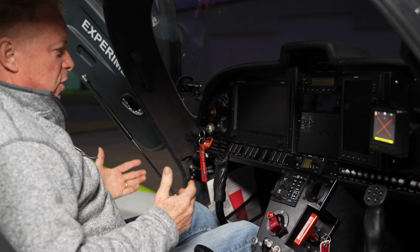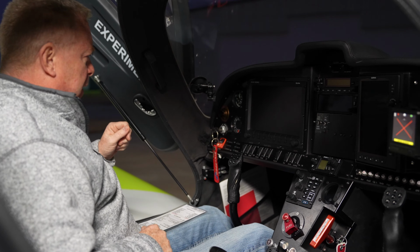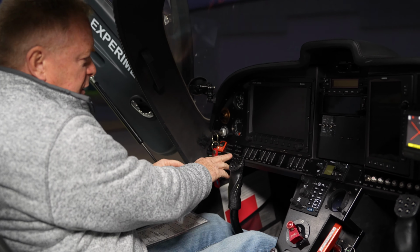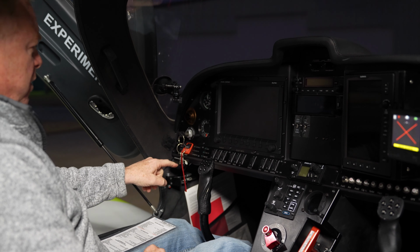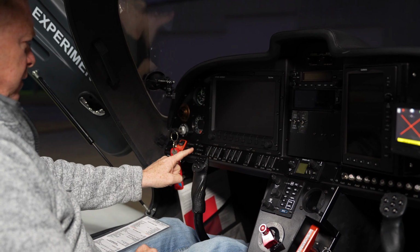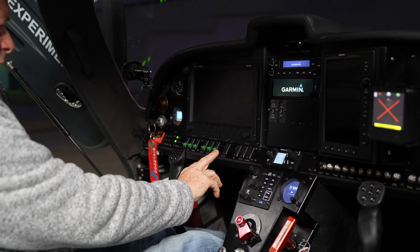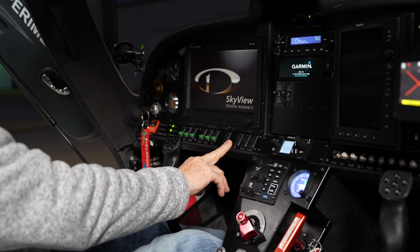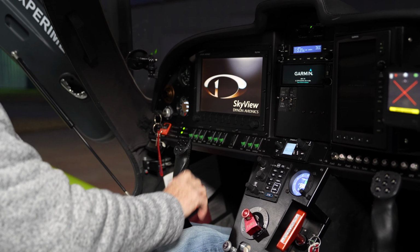Walking through a startup process, checklist. Pretty much just go left to right across the dash. Key off, mag off, batteries on primary, backup is locked out, on, avionics, nav, autopilot. Skip the fuel pump number 2, that comes at a later stage, nav, strobe, and landing lights. And then